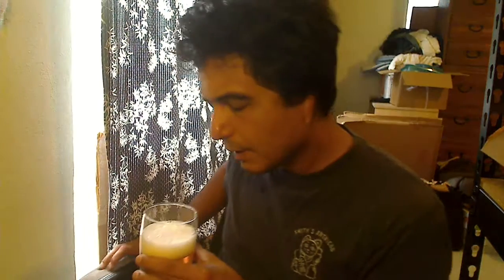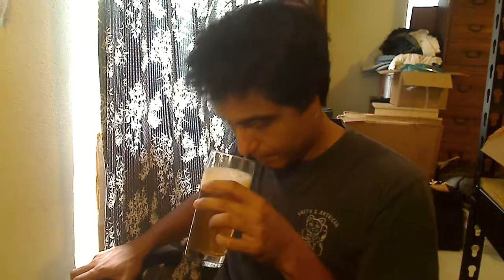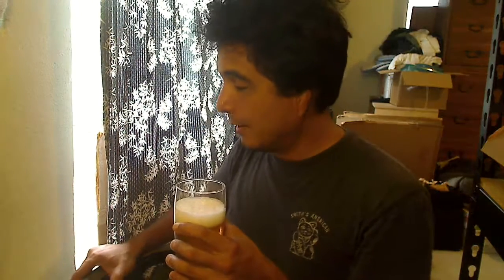So, this is a clear golden orange with a thick to fluffy white head. It's sort of dissipating quickly. And that is redolent of...